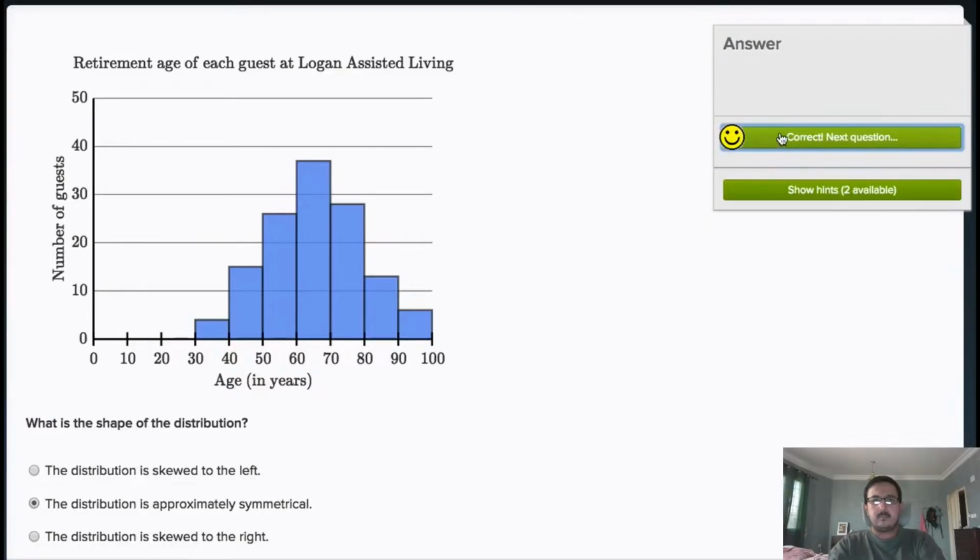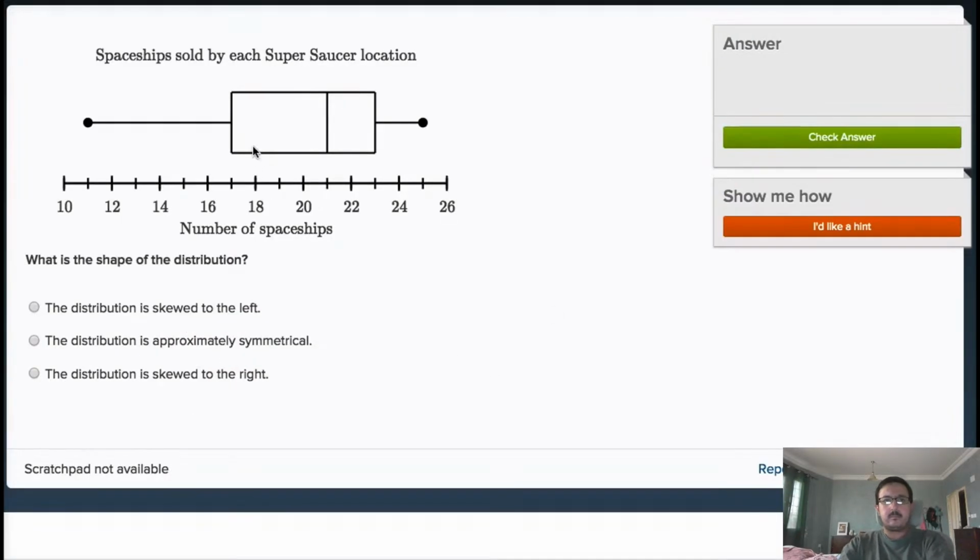So let's keep going. Let's see another example. This is interesting. We're not given a histogram here. We're not given a bar graph. We're given a box and whiskers plot, which is really just telling us the different quartiles. So just to remind ourselves, this tells us the minimum of our data set, the bottom of our range, so the minimum value in our data set, we have at least 111. And then the maximum value of our data set, we have at least 125. Now this line right over here is the median. The middle number is 21. And then the box defines the middle 50% of our numbers. So it's kind of the meat of our